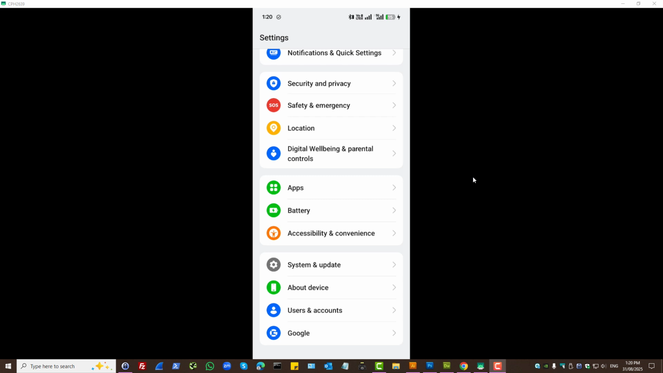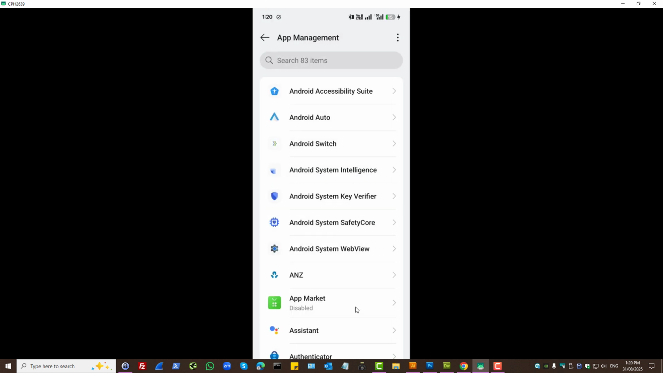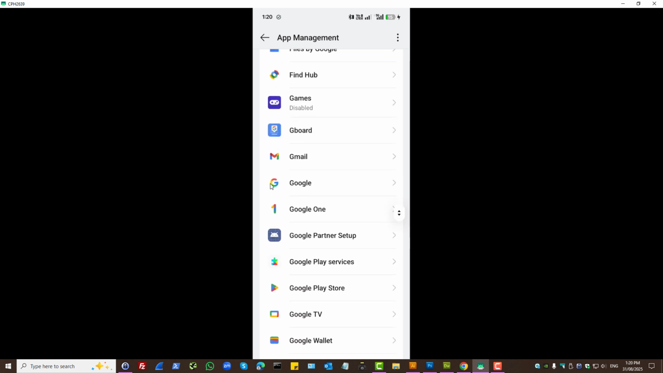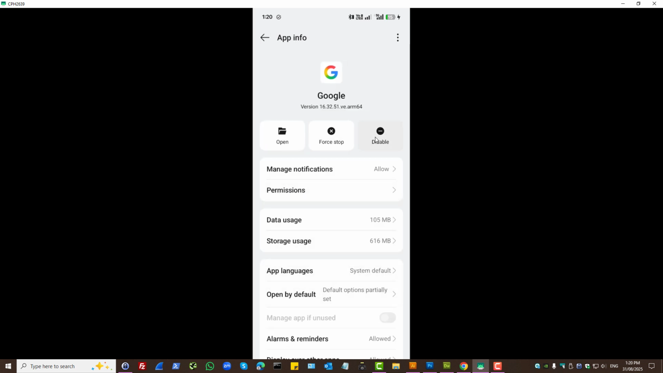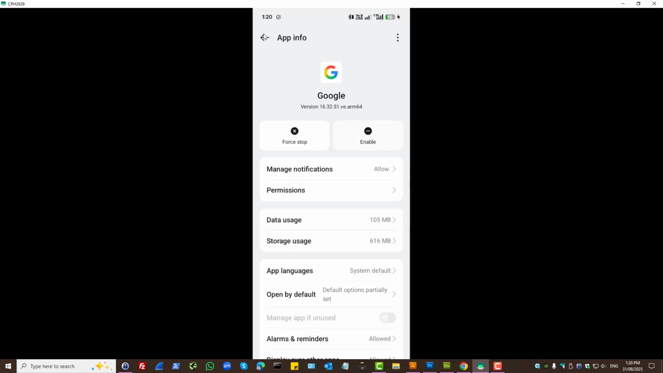How to uninstall Google Gemini from your phone, as in remove it completely. On your phone settings, find apps, app management, and here locate Google logo. Press on it, press disable app. Now that is disabled,